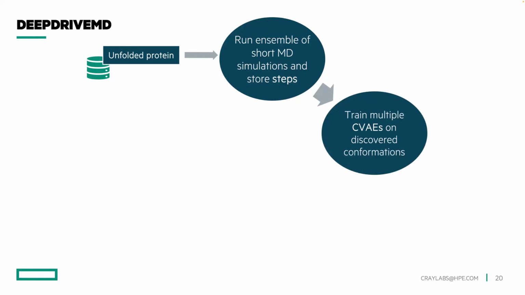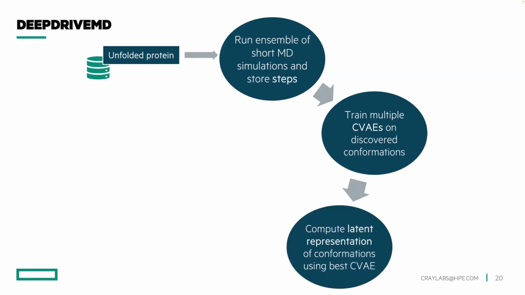Then multiple neural networks, in this case convolutional variational autoencoders, but let's just say neural networks, are trained on the discovered conformations. What they have to predict is not the conformation itself. It's a low dimensional representation of the conformation. So basically, you can think of this as the shadow it would cast on a 2D surface or something like that. It's just a projection on a lower dimensional surface. Why so? Because we want to understand if the trajectories are clustered and converging to the same trajectory, or if they are going in divergent directions, which could be more interesting when we have to explore the phase